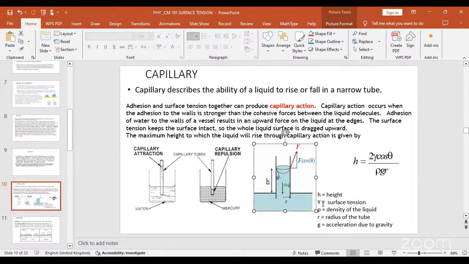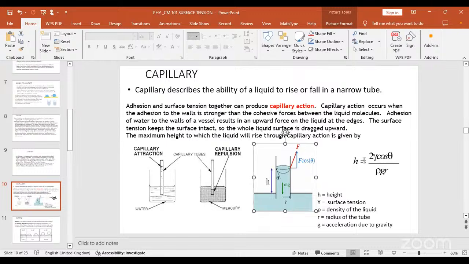The surface tension is gamma. Rho here is the density of the liquid, r is the radius, while g is acceleration due to gravity. So we have this here. The equation for evaluating the height can be derived, but we are not going into that. The expression for evaluating the rise or fall of the height